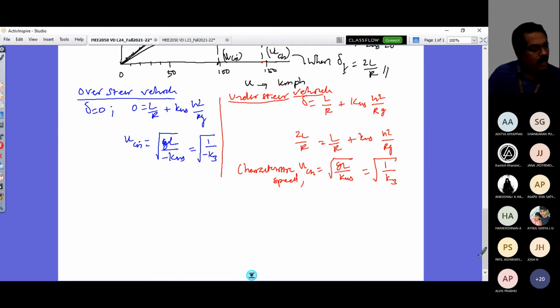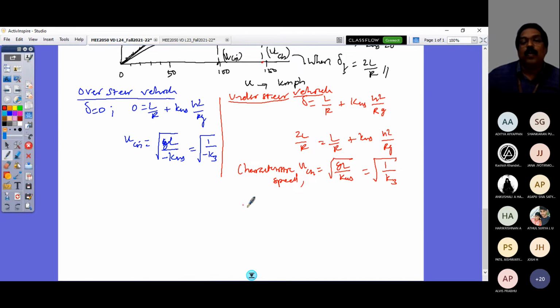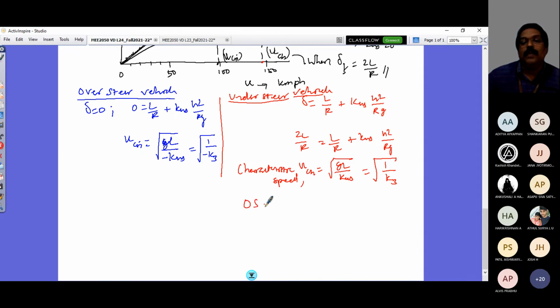So, from a steering response point of view, the oversteer vehicle has the most sensitive handling characteristic. So what I mean by that, oversteer vehicle